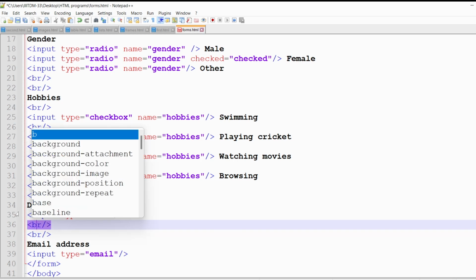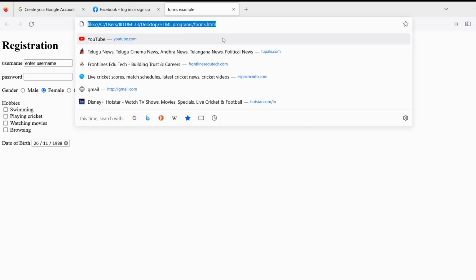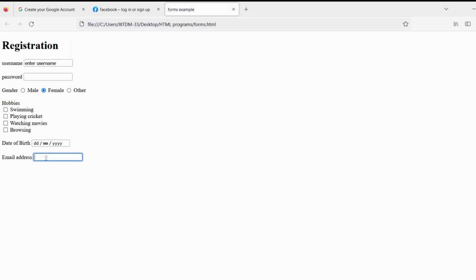Open the BR and close it. Let me save it, go to the browser and refresh it. Email address. Let me enter my email address. Jagadish,